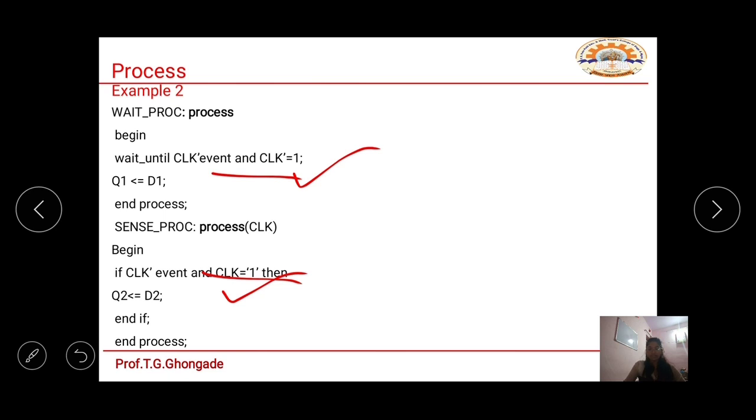So what will I do? I will write a number of processes in a single code, and this is the reason for writing process in a code. It means that here I am writing process two times in a single code. First time I am writing my process here, second time I am writing my process here. It means that these two processes will be executed concurrently or at the same time.